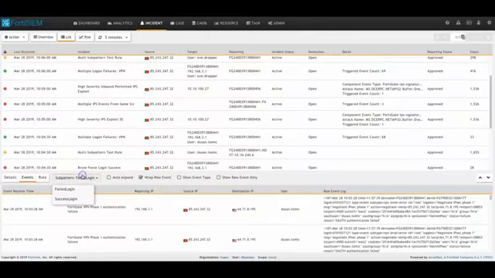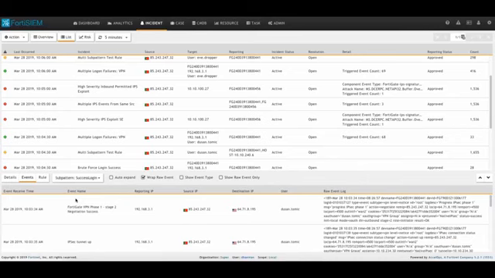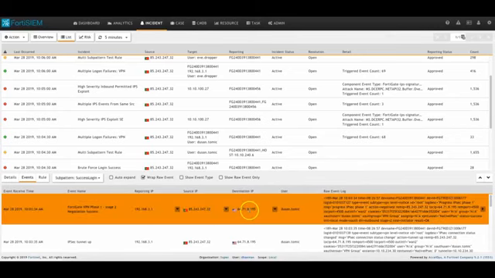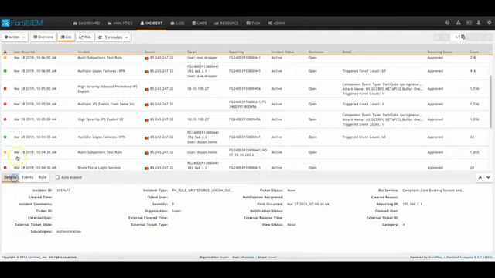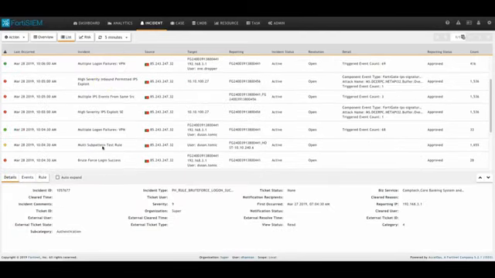And then if we want to understand the additional pattern that occurred, which was a successful logon, we can see what the successful logon event was. We can see that again from the same source to the same destination, this user has successfully authenticated. From here, if we want to drill down into more information,